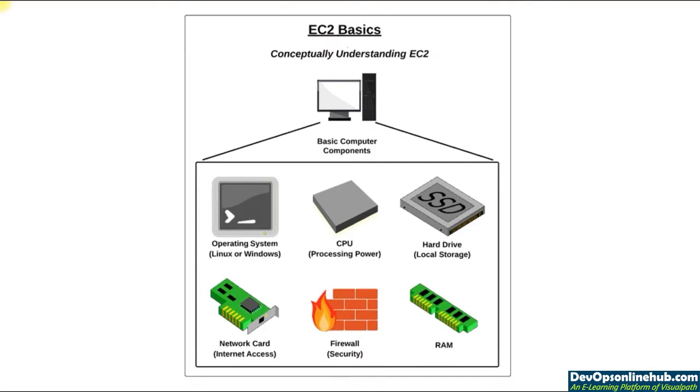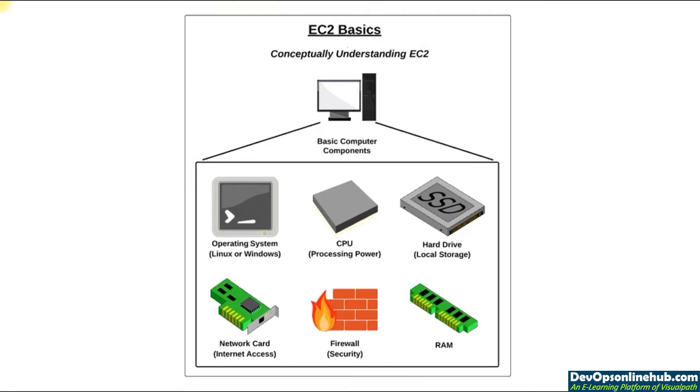So a virtual machine is nothing but a computer or a laptop which has the following important 6 components. If you look at the diagram, we have the operating system, the CPU, that is central processing unit, the hard disk, which could be either an SSD drive or a magnetic one, then we have RAM, then the firewall or the security, and then the network access card. So these are the 6 important components of any computer or a laptop or a virtual machine. With these 6 components, we are going to go ahead and learn how to do the practical lab on our EC2 section.